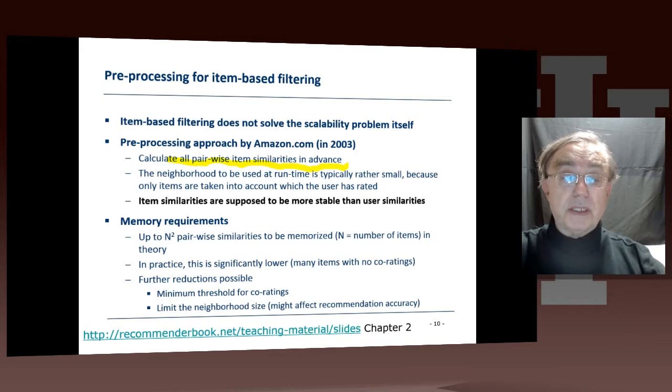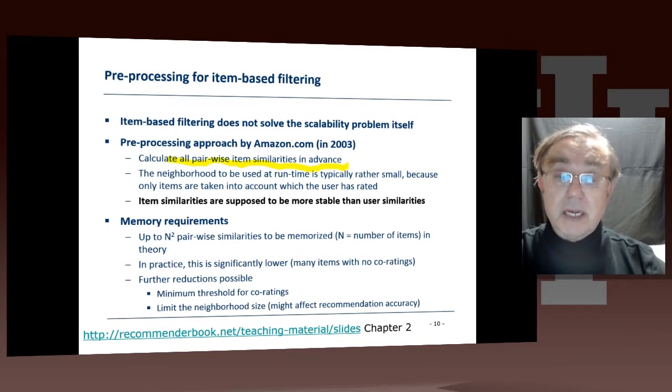Another important comment is that item similarities are supposed to be more stable than user similarities. Remember, the user similarities are the ones we discussed in the previous unit. Then we have the neighborhood, and exactly how big that neighborhood is. The comments are that it's typically quite small,